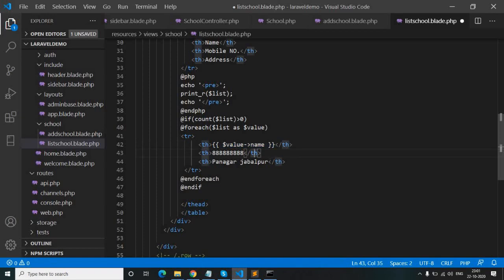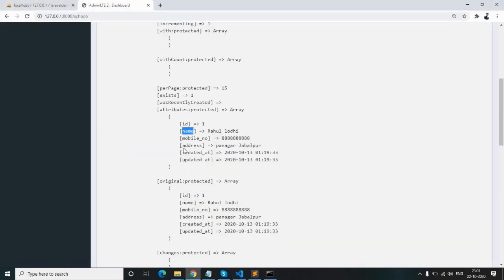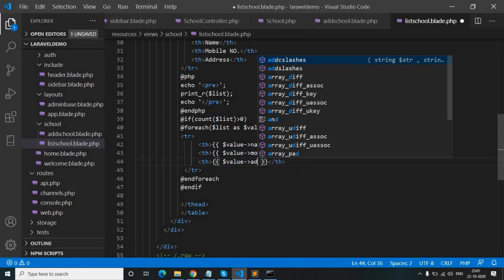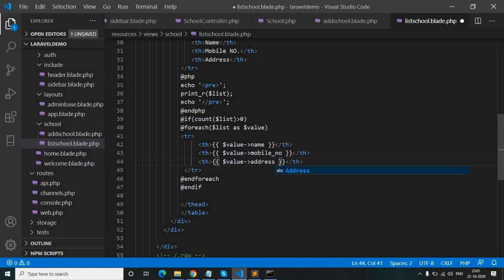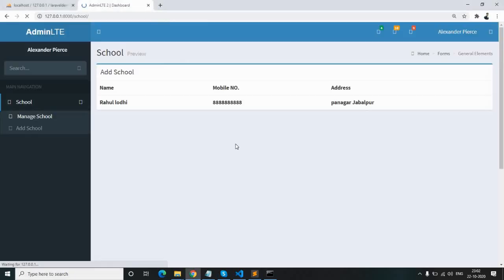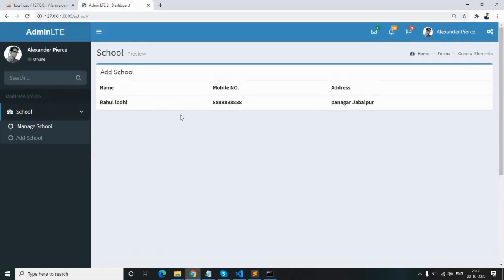Like this we will change all these values, mobile number and address. Okay, so here you can see, guys, we have one record.